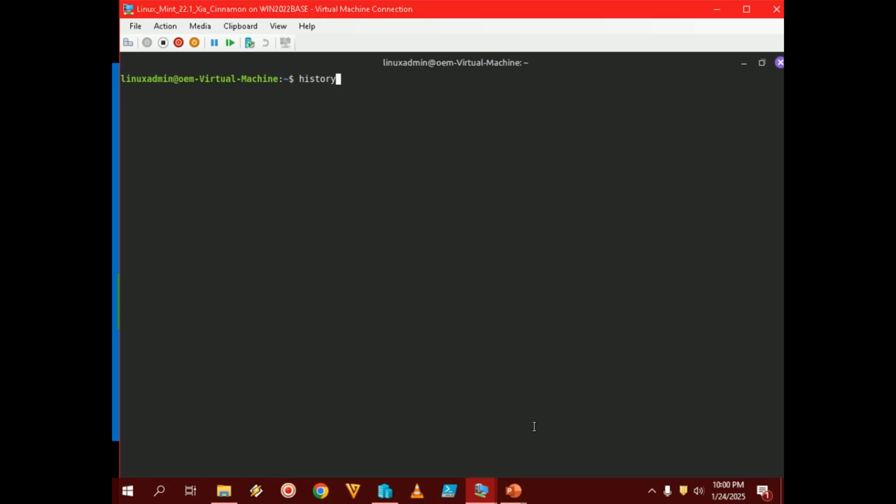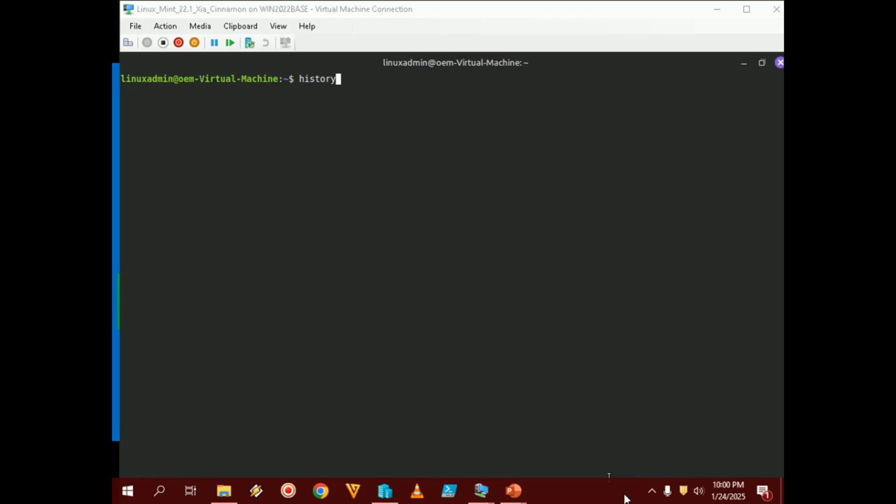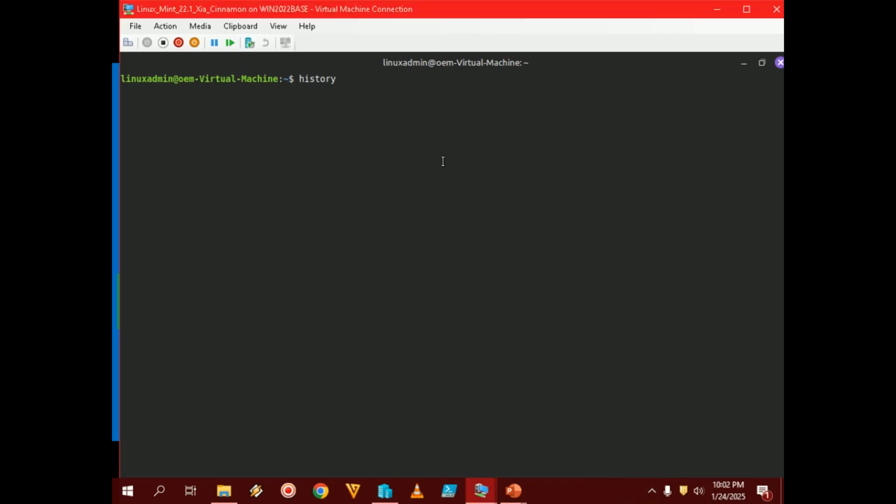I'm hitting enter now. Let's see what it is showing. You can see my command history here. I have used that many commands in the past. And if you need to clear this history, let's say you don't want anyone to see your history, of course you will not share your password, but in case you want to clear this history for safety reasons, there is a simple command,